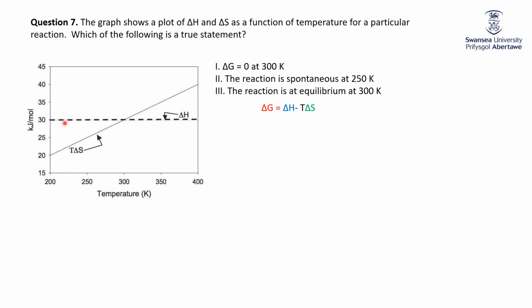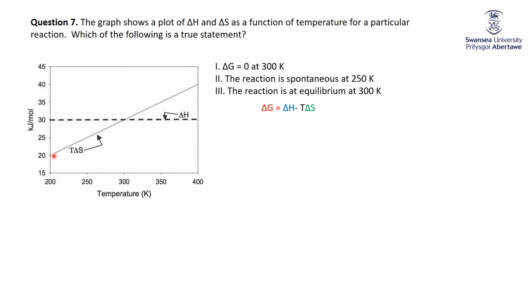But anyway, here, delta H is a constant throughout. Now, delta S is also a constant throughout, but of course, in this equation, it's not just delta S, it's T delta S. So we're plotting T delta S here against temperature. Delta S is a constant, so essentially we're just plotting T as we're going up, or T multiplied by a constant. So it's a nice straight line when we're plotting out the temperature on the x-axis and the energy, effectively the T delta S component, on the y-axis.